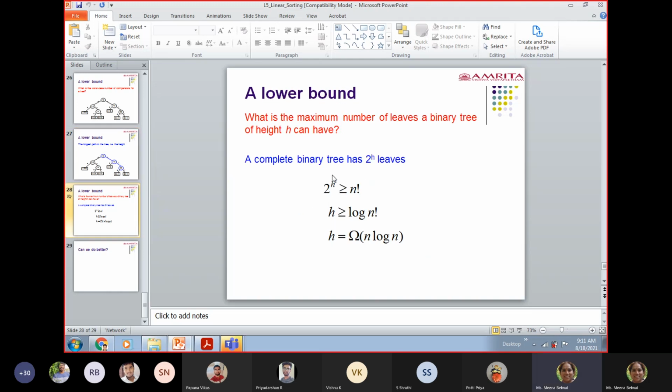So the number of leaves in a complete binary tree will be greater than or equal to the number of leaves in the decision tree. Okay, yeah, fine. Thank you, students. So this was about